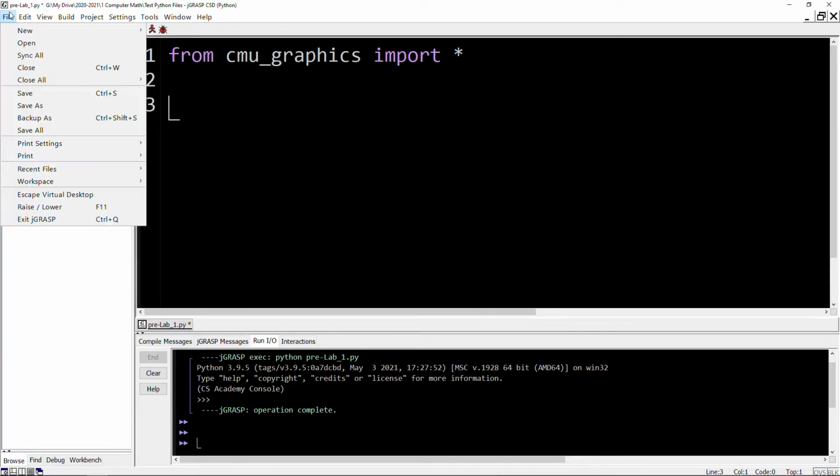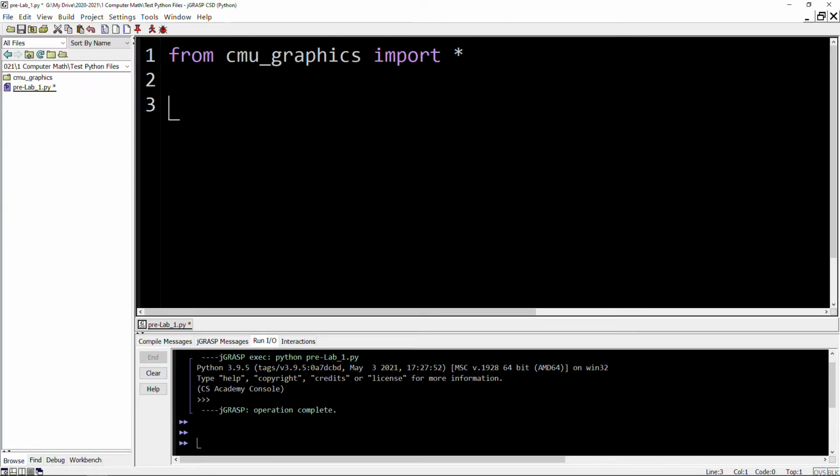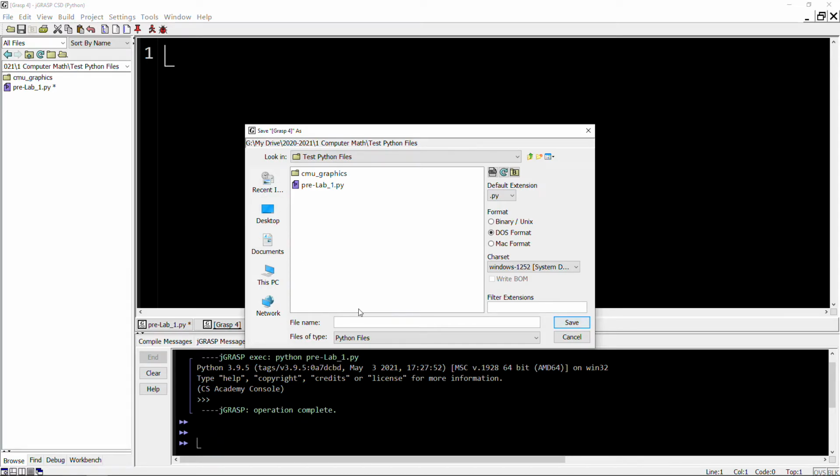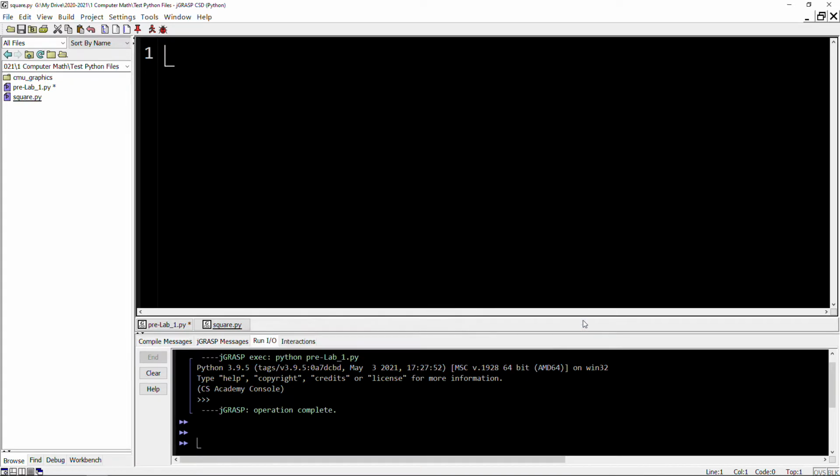We're going to make a new file. So File, New, Python, or I'm just going to do Control N and then do Python. And then we're going to have a separate file here. Zoom in a little bit so you guys can see what's going on. And I'm going to save this, Control S. We're going to call this the square Python file. Again, don't need to worry about putting .py because it's already done by default. So save, and there we go.